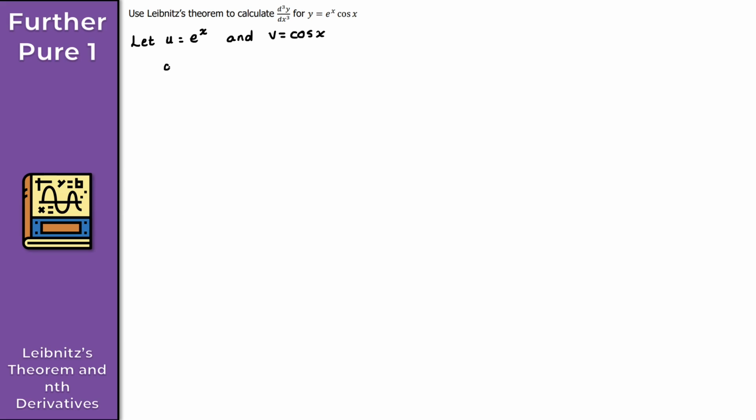So starting off, we have du by dx. So du by dx is simply e to the x. And this is true for each further derivative. So in that case, the nth derivative is simply e to the x. But what I want to do here is write down each derivative just so you can see the working in full. So for the second derivative here,